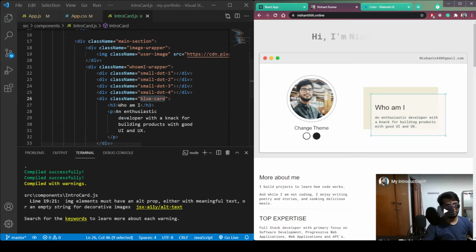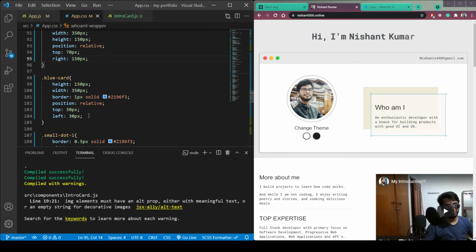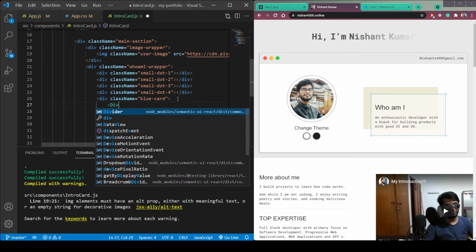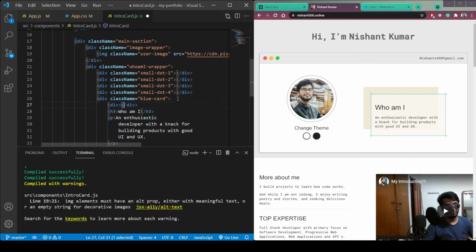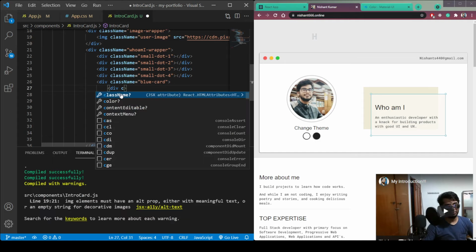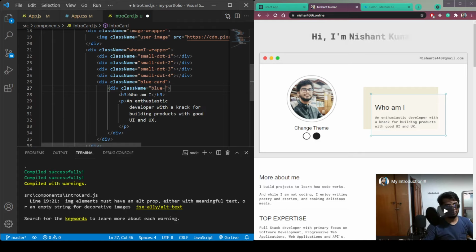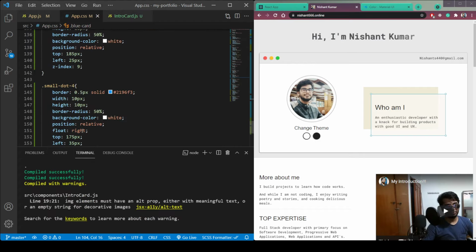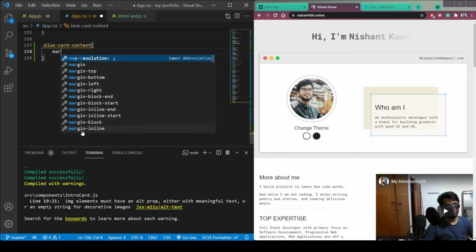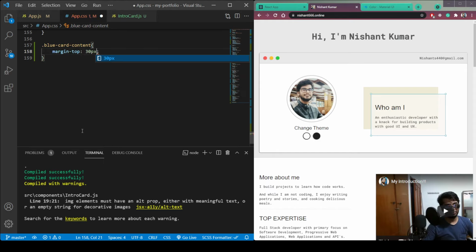And then we need some padding and margin also. So in this blue card, let's create another div inside this blue card. So div, make it a class name of blue card content, and in the CSS file let's make it a margin top of 30 px.